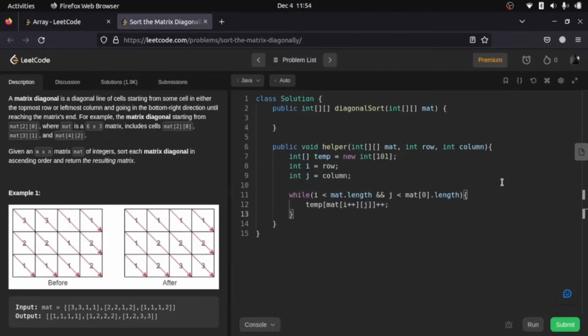Better. Okay, so now our temporary array is ready. Now we need to access this array, and we need to store whatever values we find in our matrix. But by doing this step in this while loop, our i and j are changed. So let me again set them to what they were. Okay, now let's go through our